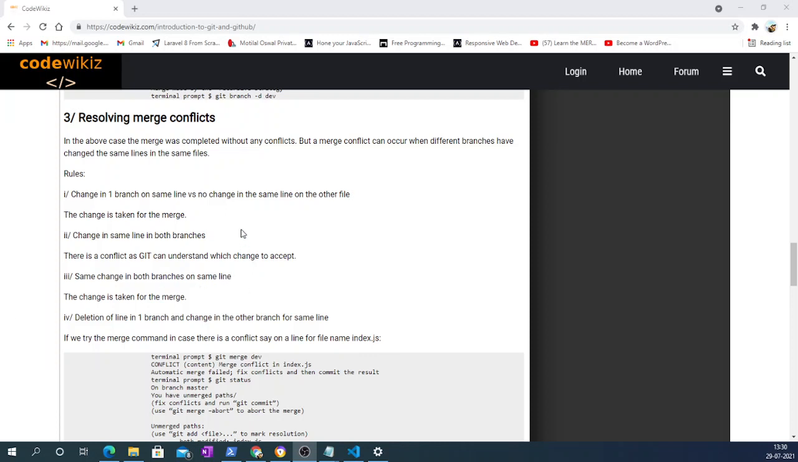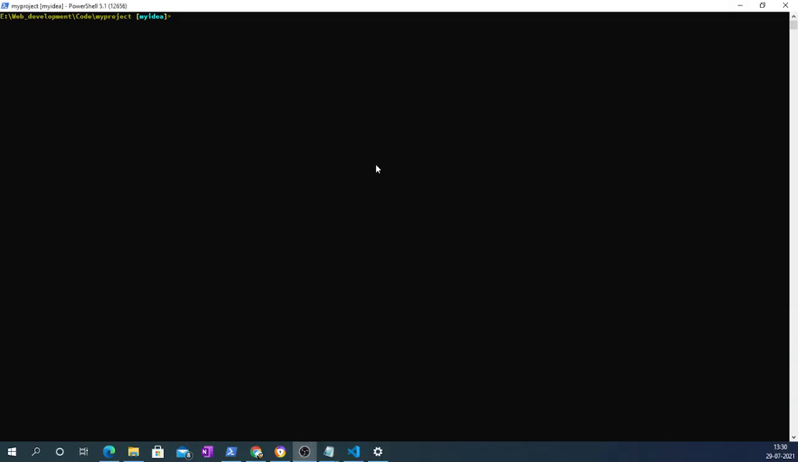Okay, before I show you how to resolve merge conflicts, I think I need to show you one more thing. So how do I check what are the different branches that I have in my project? To do that, you can just type in git branch. And I see I have two branches here, master, which is my default branch, and then my idea, on which I am right now. So I'm going to check out